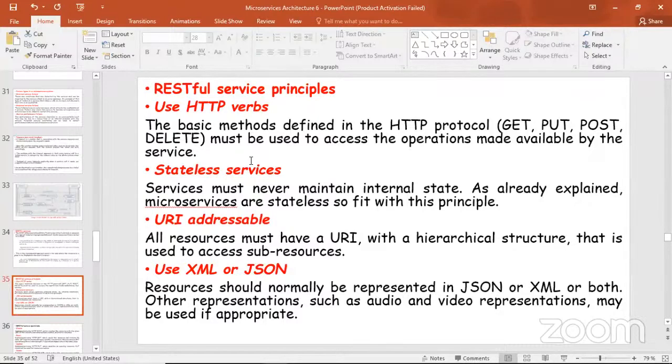URI addressable. All resources must have a URL, sorry, with a hierarchical structure that is used to access